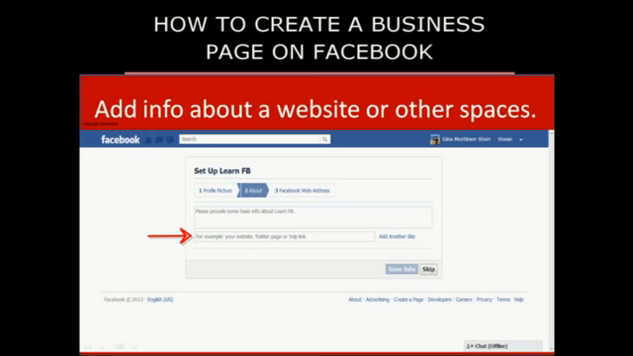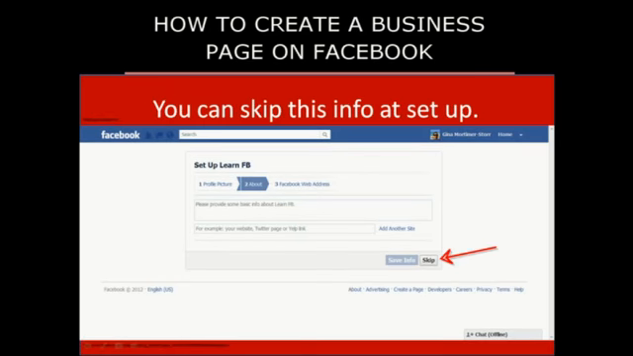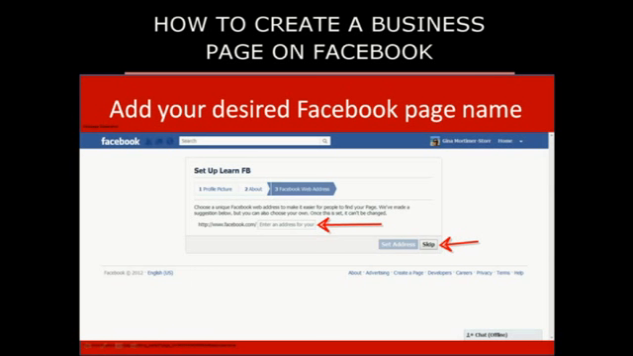So once you've added that information, or if you decide you don't want to add that information, you can go ahead and click on the skip button. I do recommend though that you actually put some information in there just to get started. After you've completed the about information or skipped over it, the next page that you're going to come to is